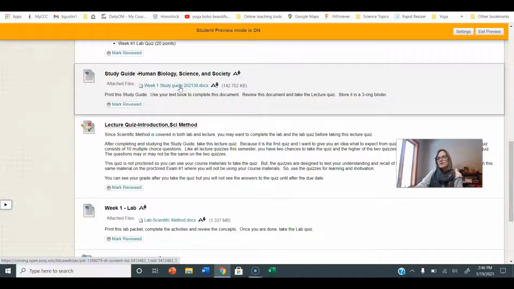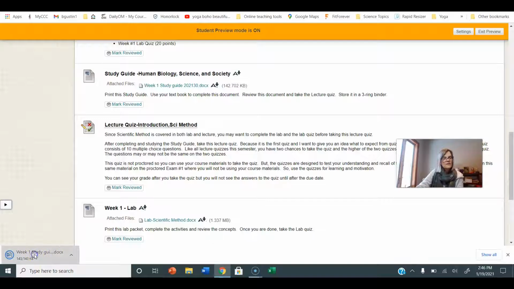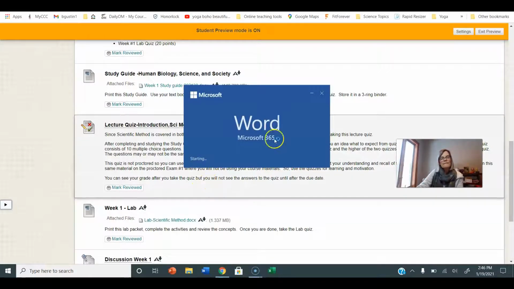They might have a lot of pictures in them and whatnot. You don't have to print them out in color. You can always go back and look at the color pictures in the one that's posted. But I would definitely print those out, and you're going to walk through it. In fact, I'll open up this study guide and I'll show you what it looks like. So you're going to print these out,